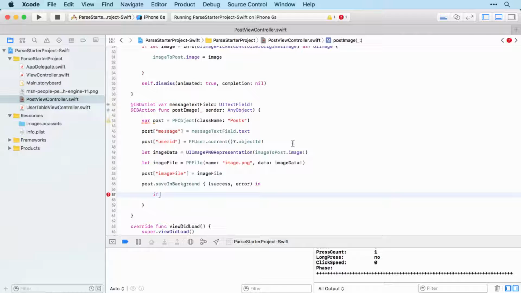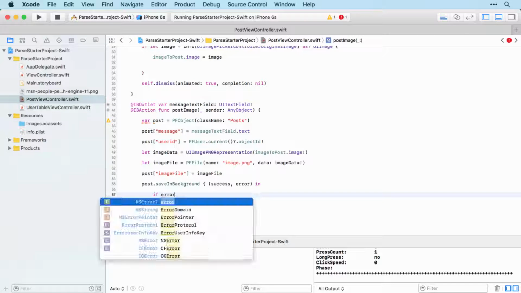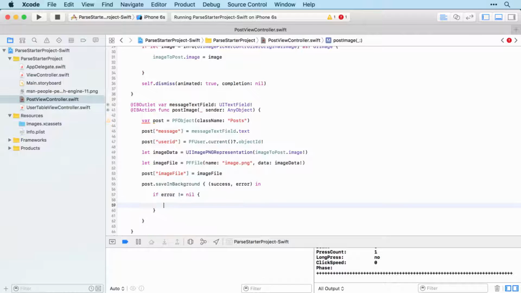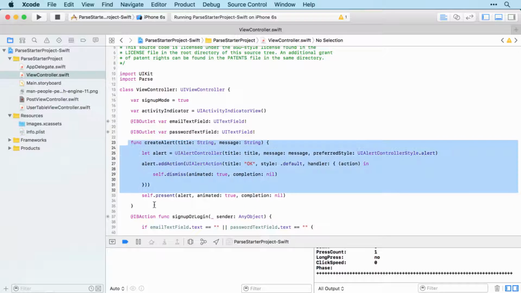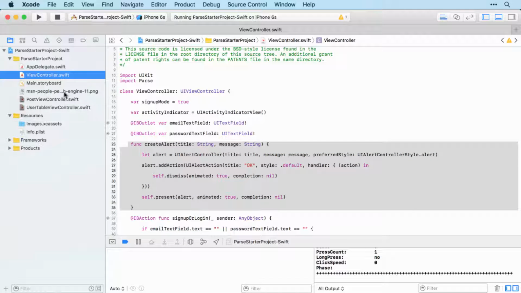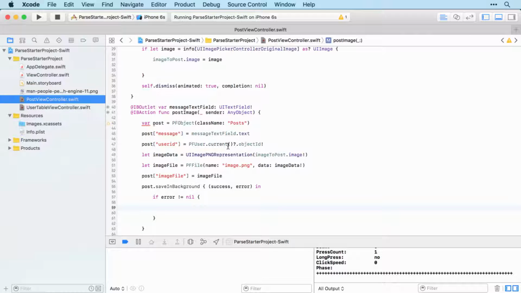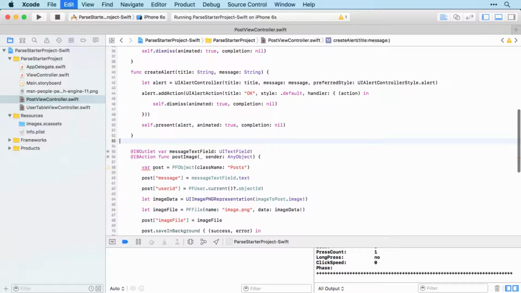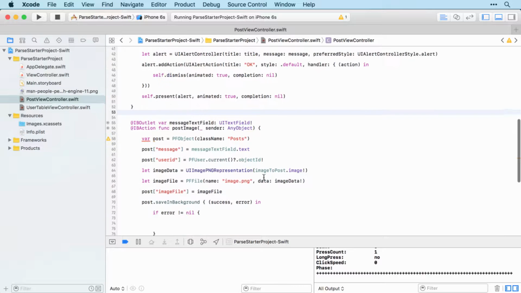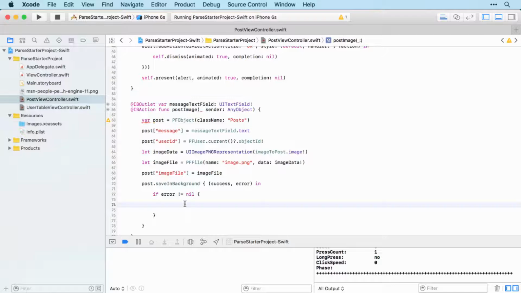So let's check if we've got an error. Then we want to let the user know about it, and we're going to do that through an alert. So I'm actually going to grab the code from viewcontroller.swift to create our alert. So I'll paste that up there, and then we can use